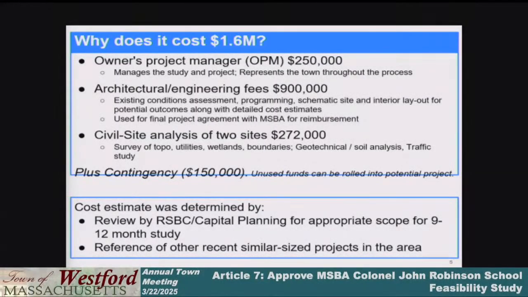That OPM represents the town in the district through the process. We would also hire an architect and engineers through the MSBA designer selection panel, two members of which, the deciding panel, would be representatives from the town. And the architect, which is the largest portion of the fee here,